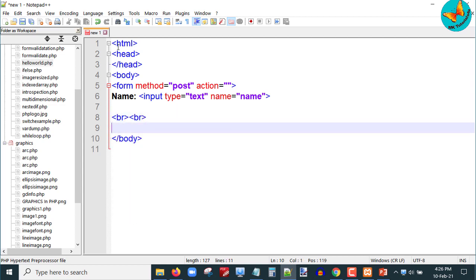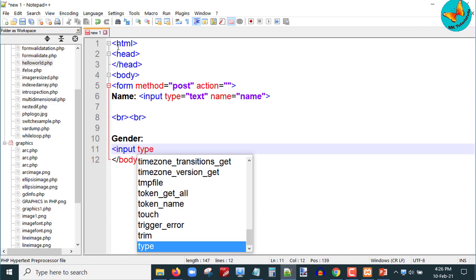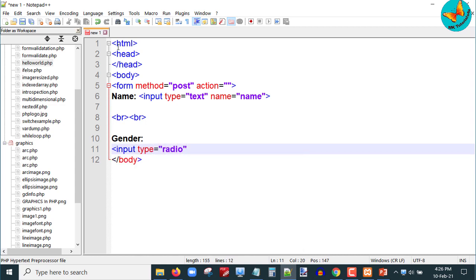Then next I will create one radio button for collecting the gender of the user. So I will write gender, input type equals radio, name equals gender, value equals female. I'll write here female.